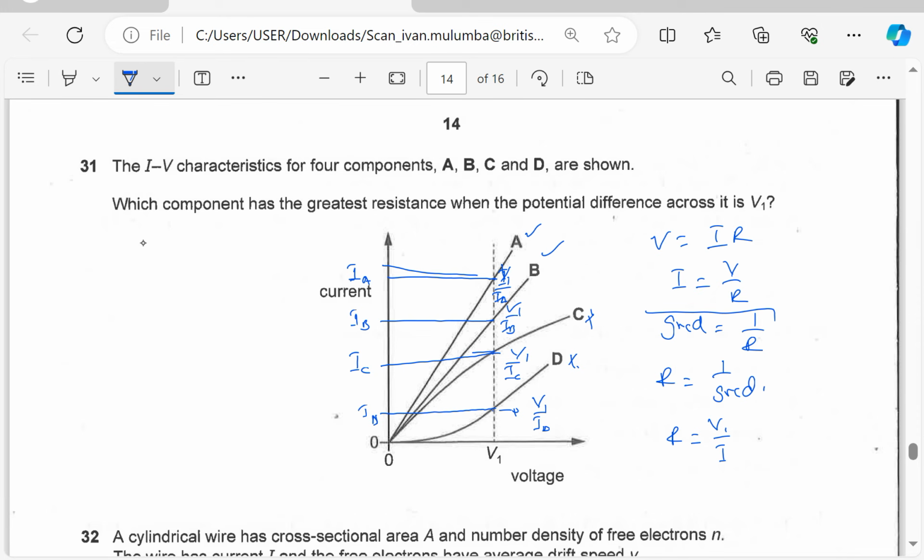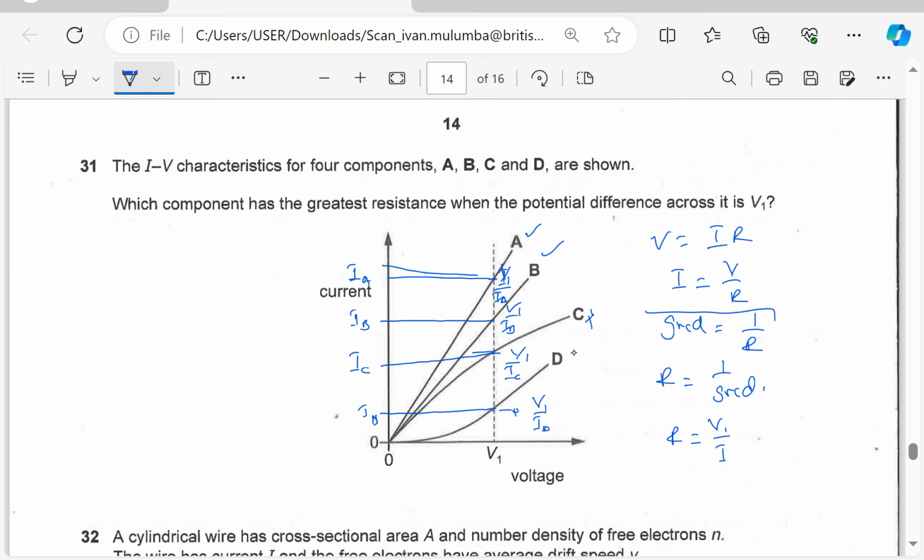We have to choose between C and D because, of course, very first you will think that IC, the current corresponding to V1 for C is greater than the current corresponding with V1 for D. So it means the answer here is automatically going to be, I think the answer is going to be D. No, I don't think it is D. I think the answer is going to be C, because